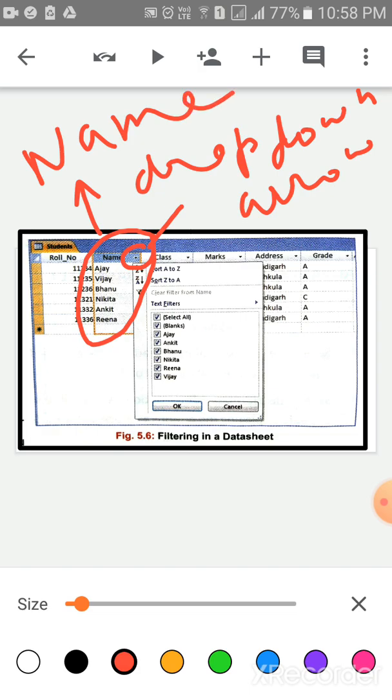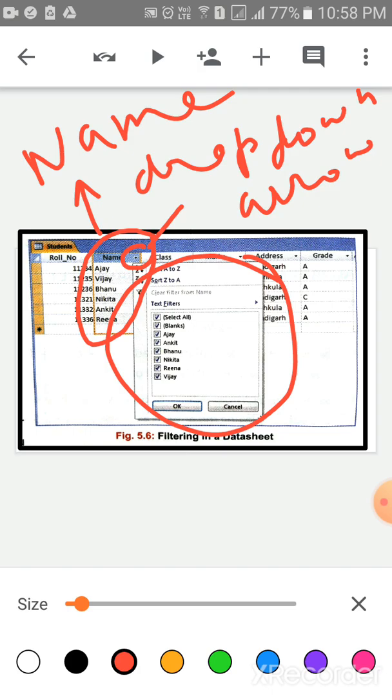This is the name field we want to filter. When we click this drop down arrow, these options will come.